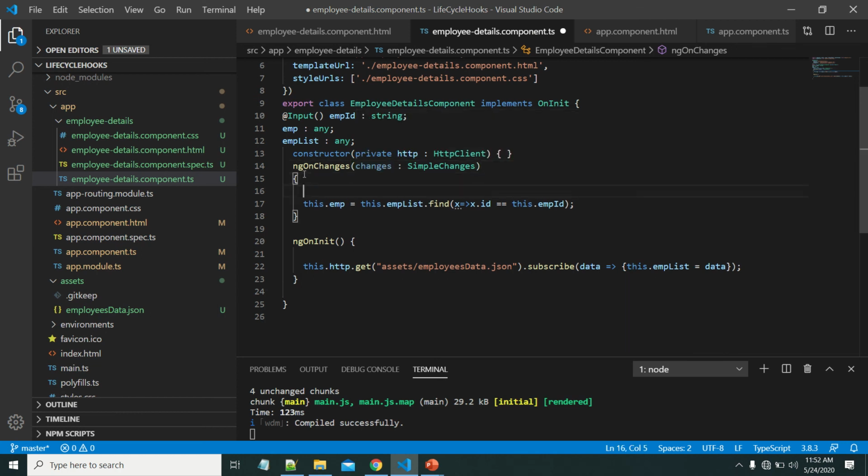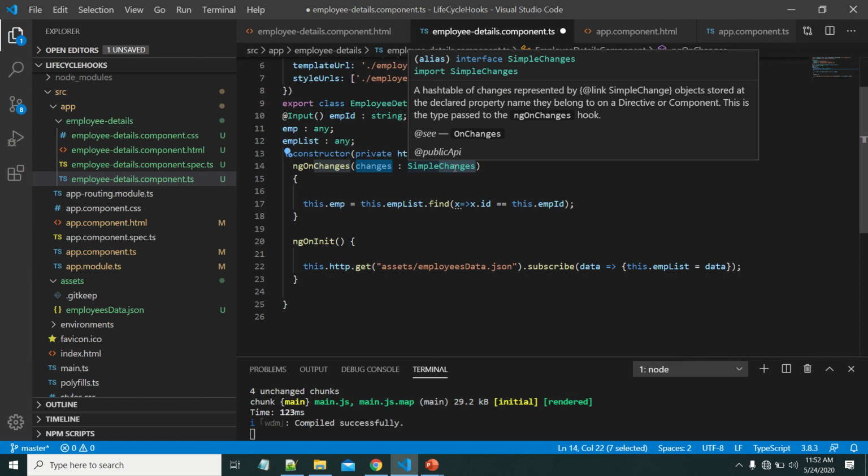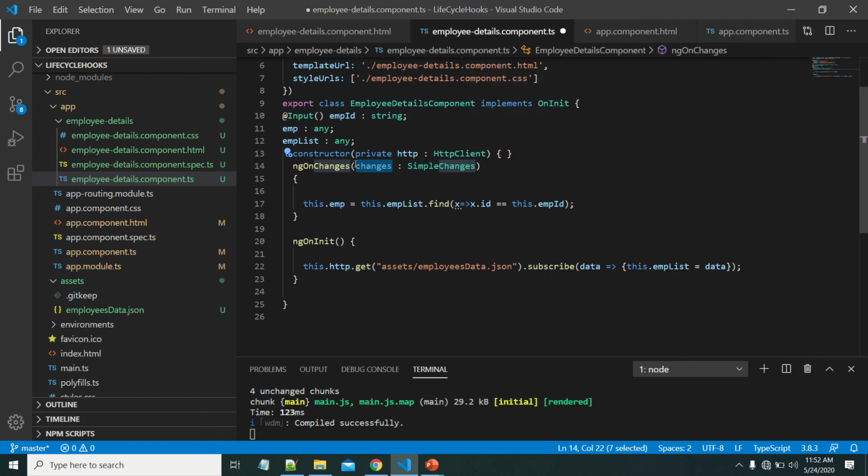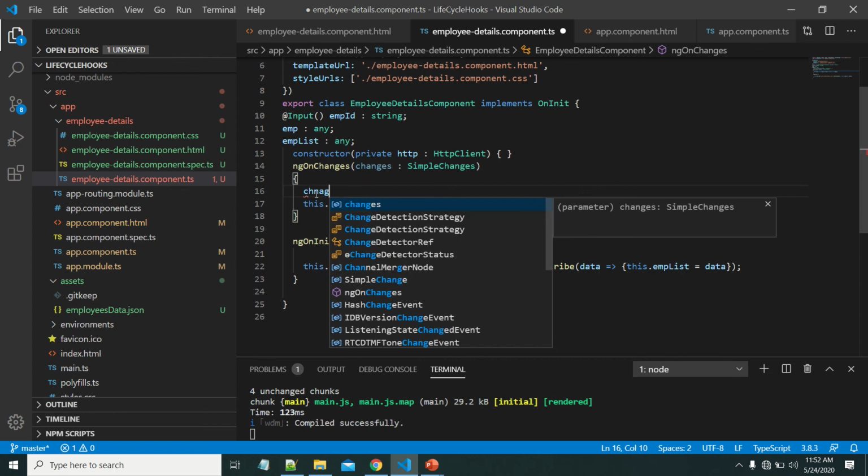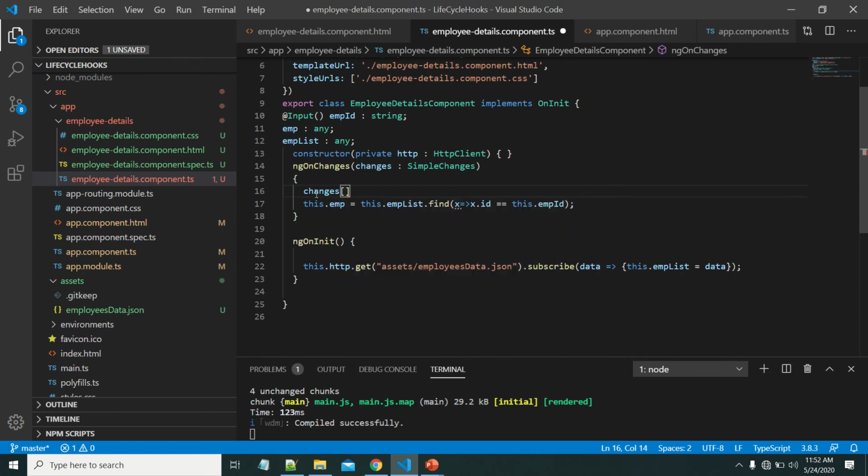Okay, suppose here from the changes I want to get the changes related to empId. Basically the SimpleChanges object contains key-value pairs. Key is the input property name, so if I want to take it from the changes, we need to use